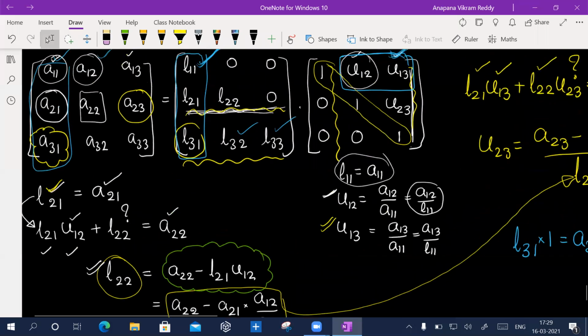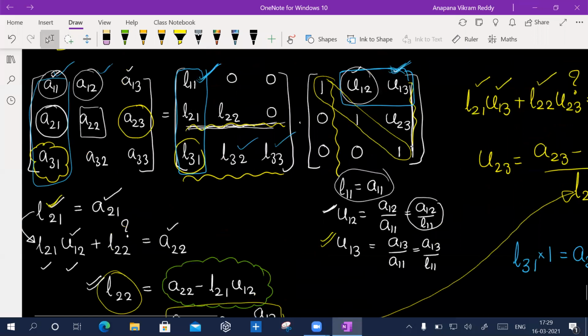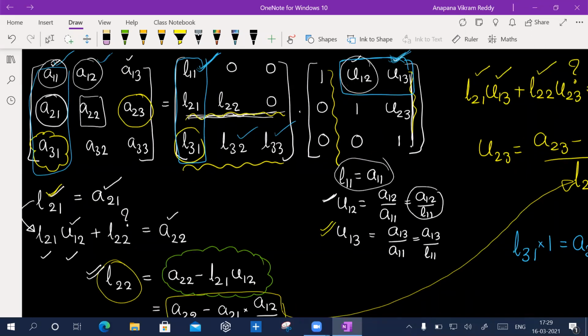Now, for example, tell me, how do I find L33 here? Third row, third column: third row of the L matrix and third column of the U matrix. You multiply them and you equate to A33.